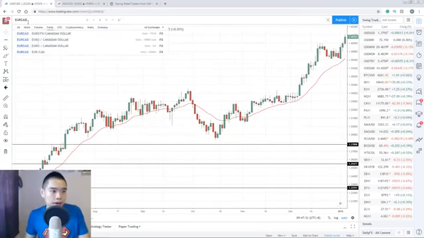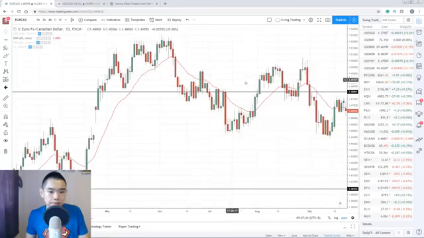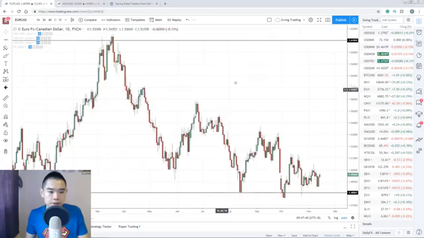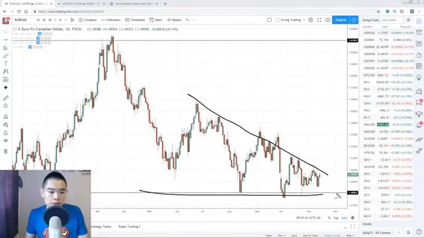Right, another one is Euro Canadian. Okay, just one more last one so you kind of understand what I'm trying to say. Euro Canadian, right? So right now you can see this price action. Okay, look at this series of lower highs coming to support. Let me ask you, do you want to be buying at this point? Do you want to buy into this area of support? I hope not, right? Because after what I've just said,